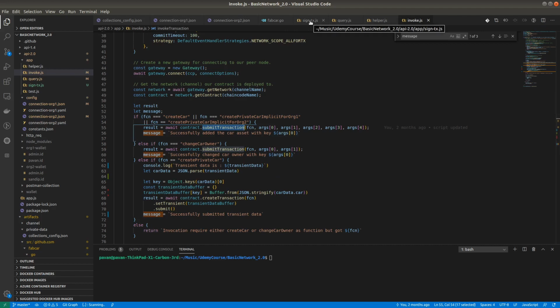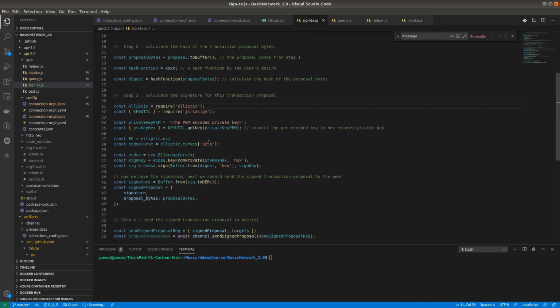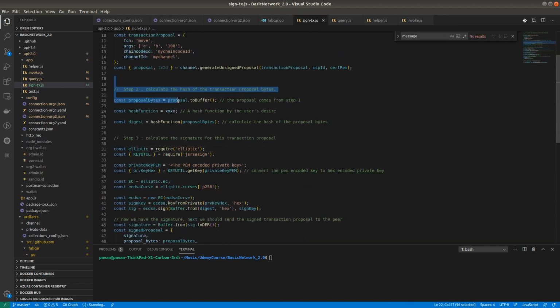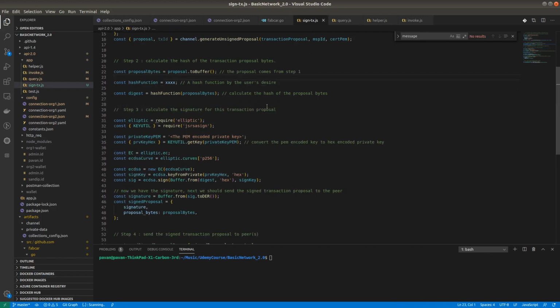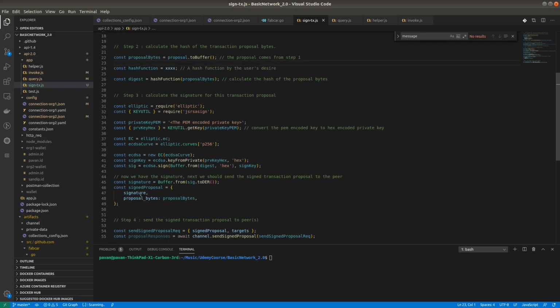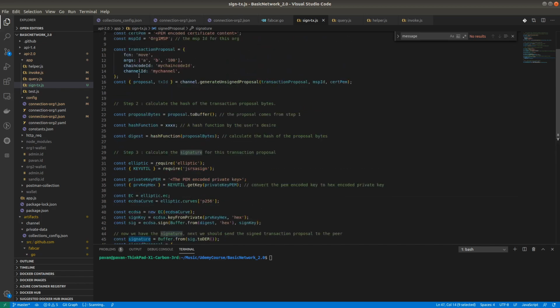Right now, in signing the transaction, we have just checked how to sign any transaction, and after the signature gets created, the signed proposal is sent to the endorsing peer, and the endorsing peer validates this signature. Again I will explain one more time.